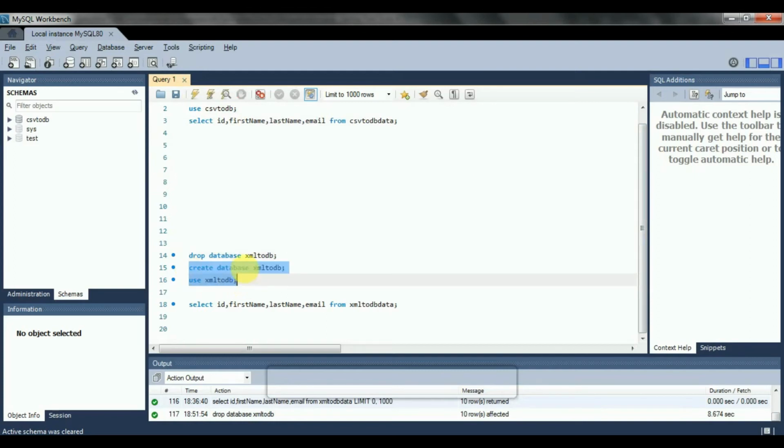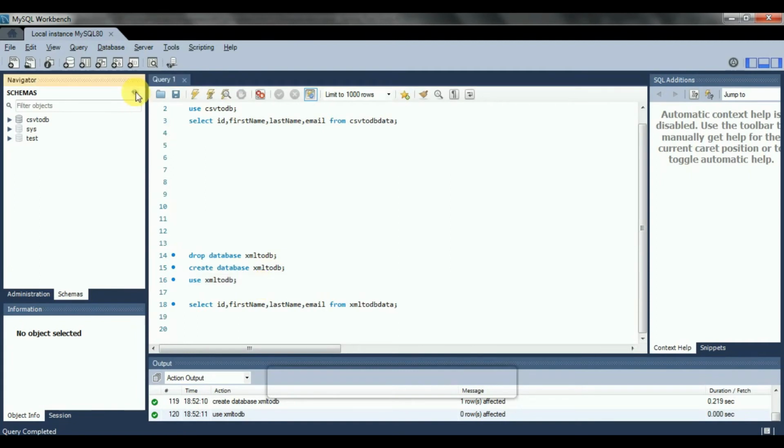Create and use this database. So you can see the XML2 database is created, and currently it is in use.